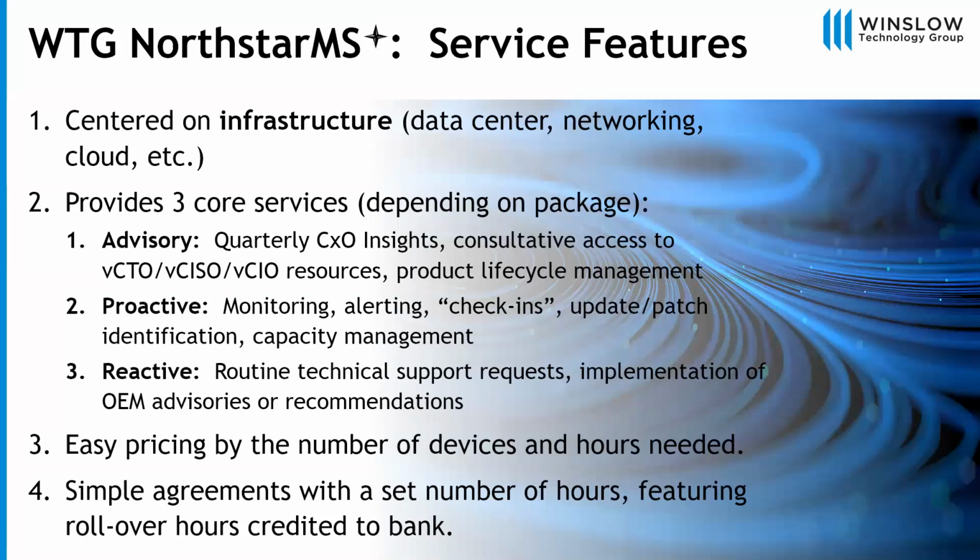An engineer will actually log into the environment, take a look at 5 critical functions of a technology domain, and we generate a report card for that. So your red, yellow, green, some engineer's commentary with it, and we review that with you on a monthly basis. So that's your entire environment. Nice little report card. Really gives you some peace of mind, keeps our hands in the environment too, so we're